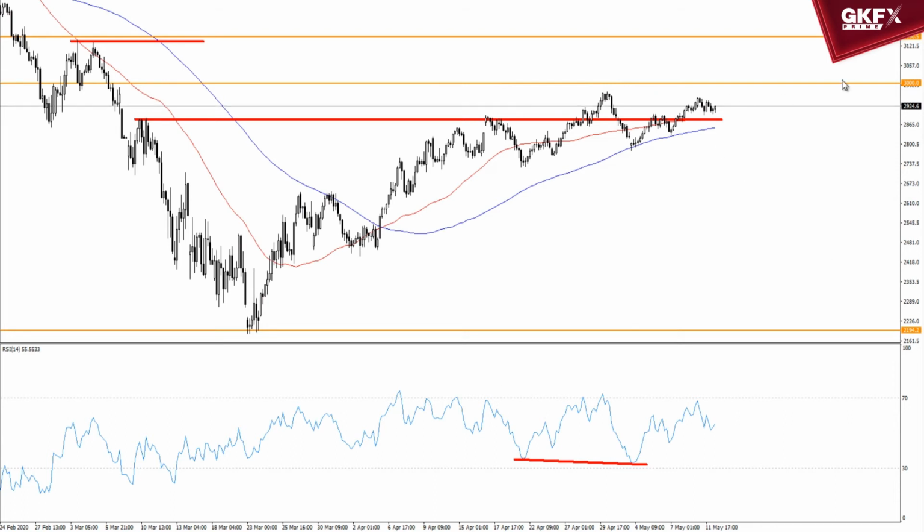Now, we haven't taken out... it's been a drawn out sideways movement for the last couple of weeks, really. What's been interesting actually is that the Nasdaq Composite specifically is higher on the year now. It's higher for 2020, and for the last few days, it's been outperforming the S&P and particularly the Dow, which obviously has more industrial stocks rather than the Nasdaq, which tends to have the tech stocks. The tech stocks are all doing pretty good.